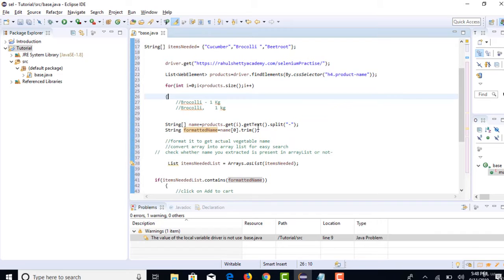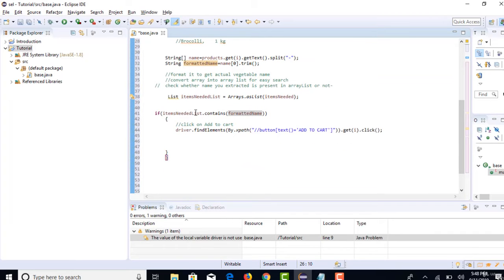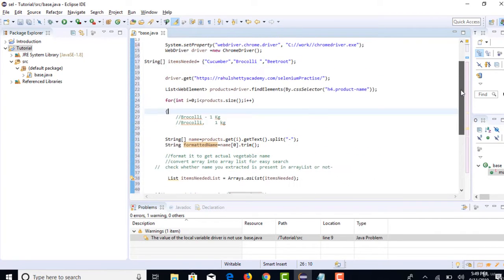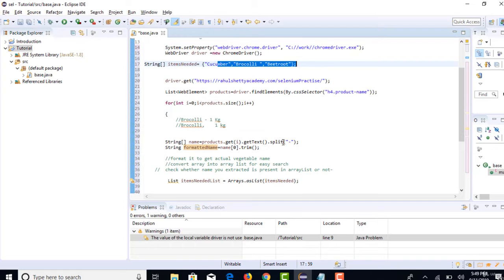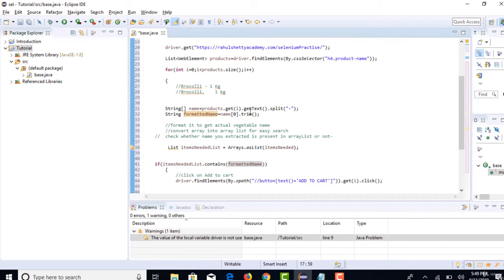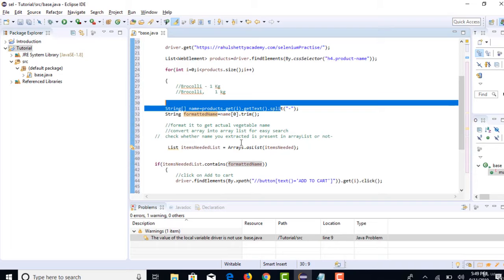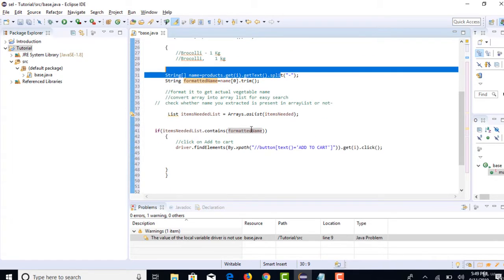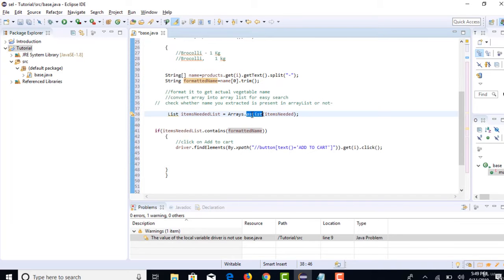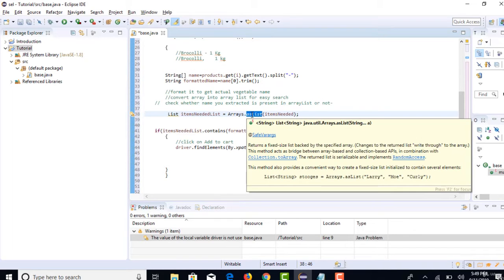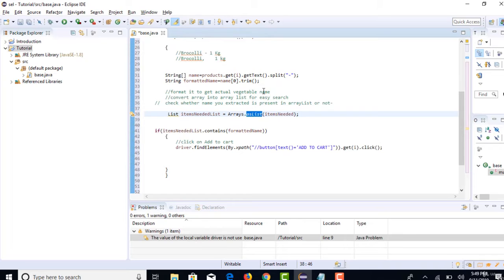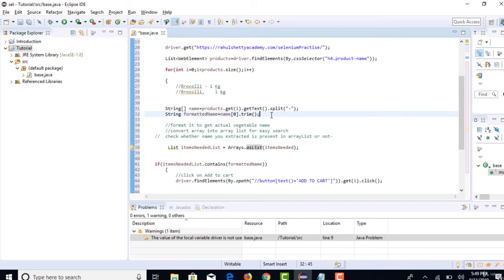So they are drilling more into concepts like this: how do you add items in the array, how do you validate each and everything which we just saw, and how do you split. All these are examples where you are tested. So that's the reason in the latest videos I am making for this course, I am adding all those examples, so that you can correlate when you attend interviews or when you do something at your workplace on Selenium. Okay, nice. Everything is good.